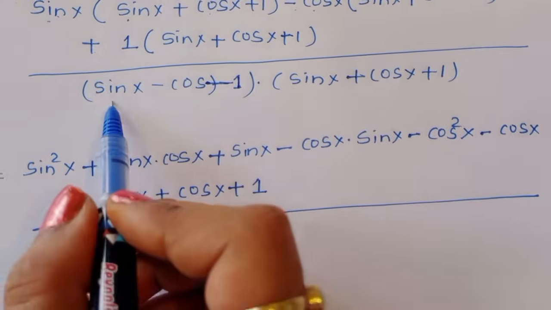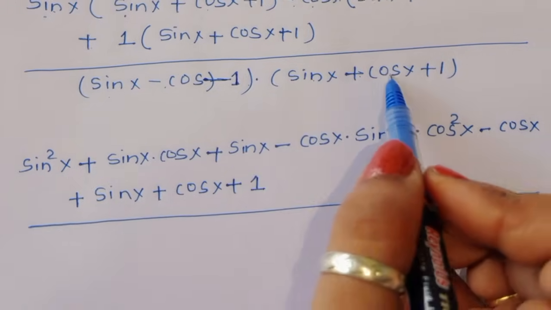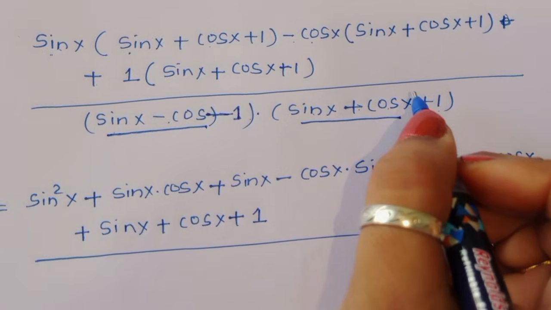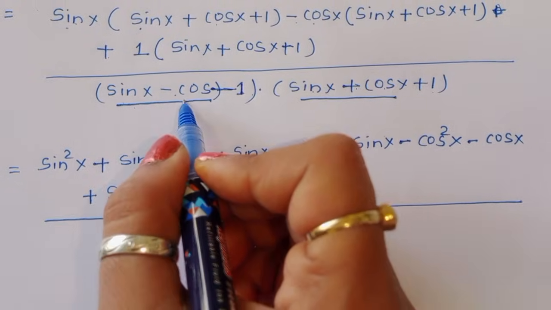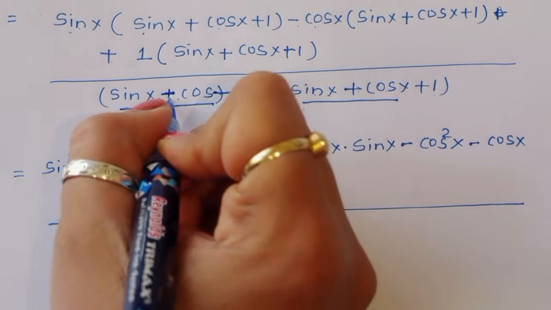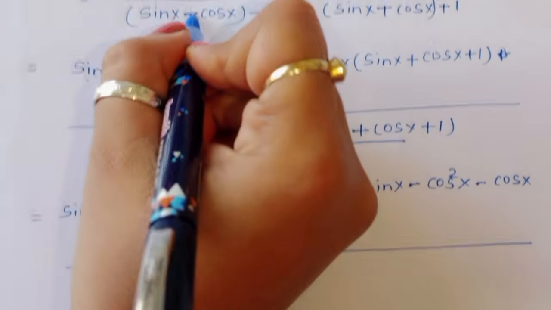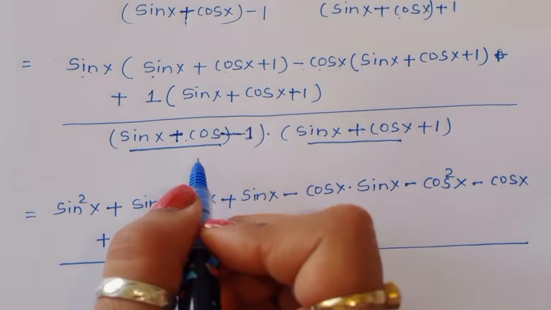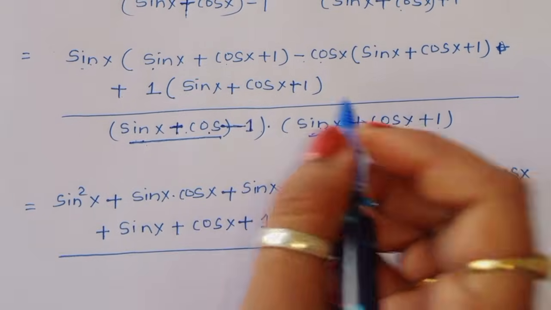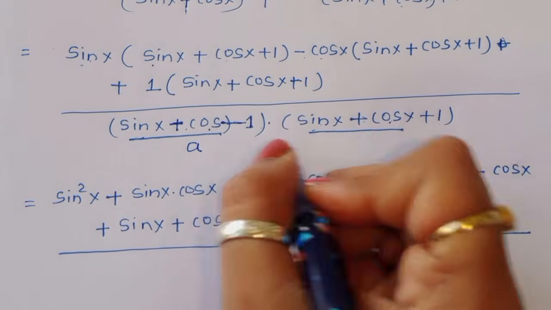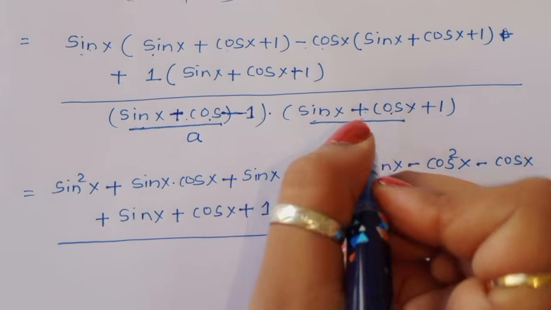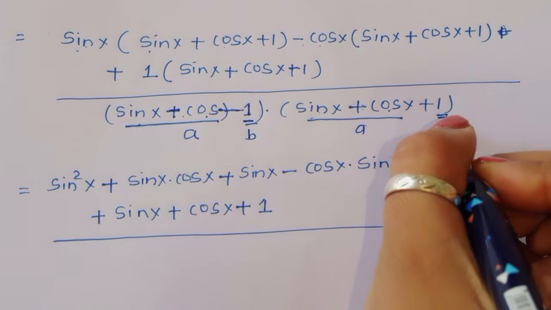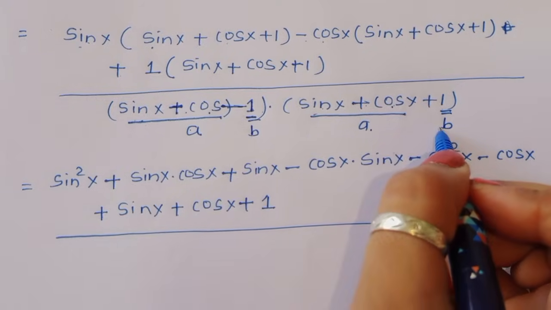you can see here this is (sin x minus cos x minus 1) times (sin x plus cos x plus 1). Sin x minus cos x, sin x plus cos x, so we can consider this. Now sin x minus cos x, and in the question this is plus sin x plus cos x minus 1, so here you can see sin x plus cos x, we can consider this a, right? Sin x plus cos x is equal to a, and minus 1 plus 1, so this term is b,